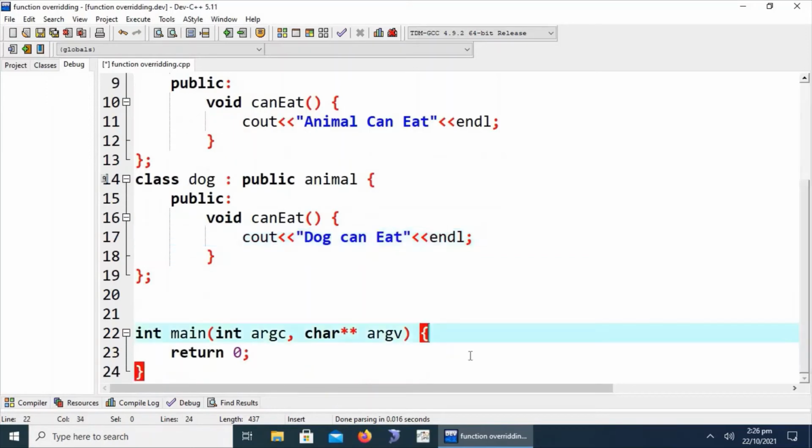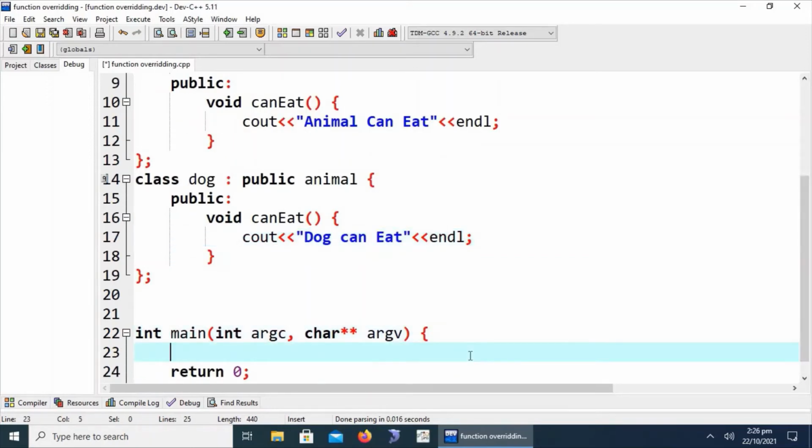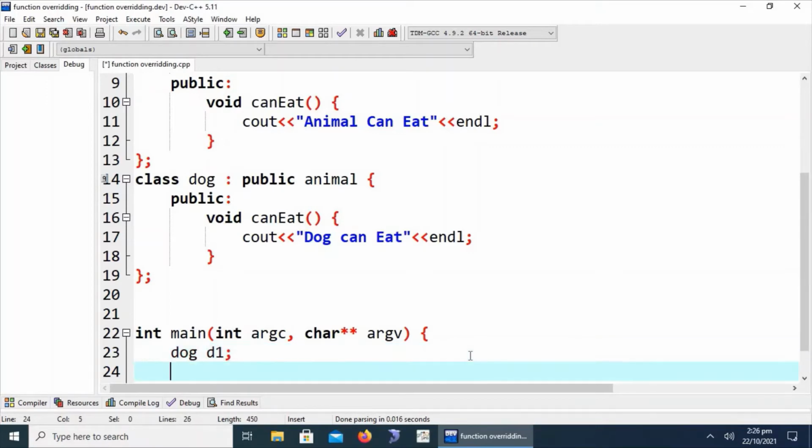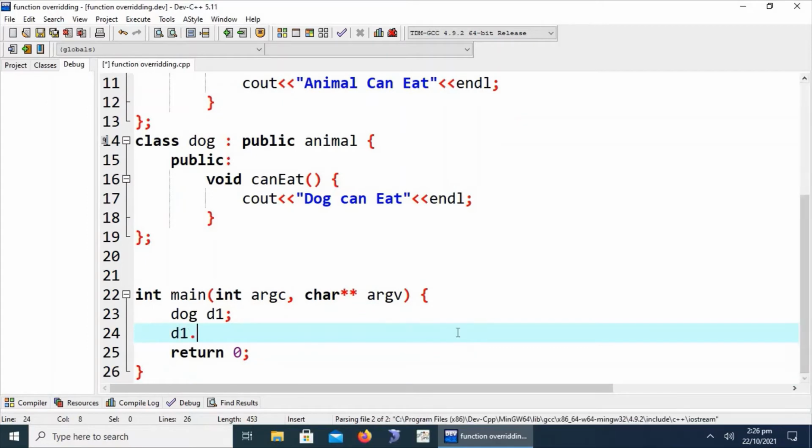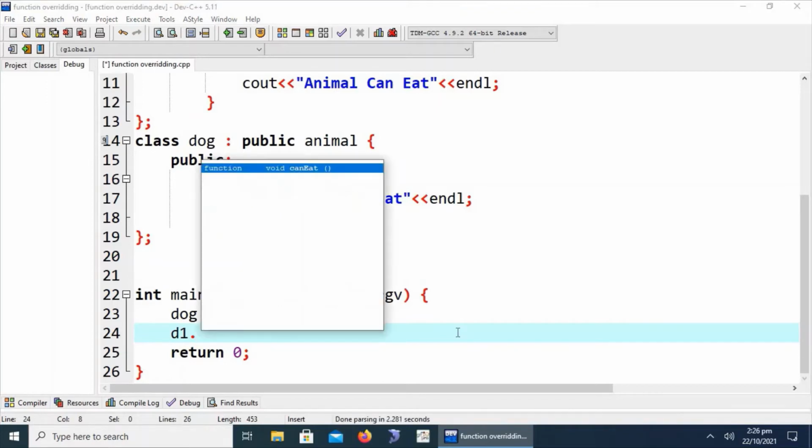What will happen if we create an object d1 of the dog class? We write d1 dot, and the data members and functions of d1 will be listed here, like can eat.